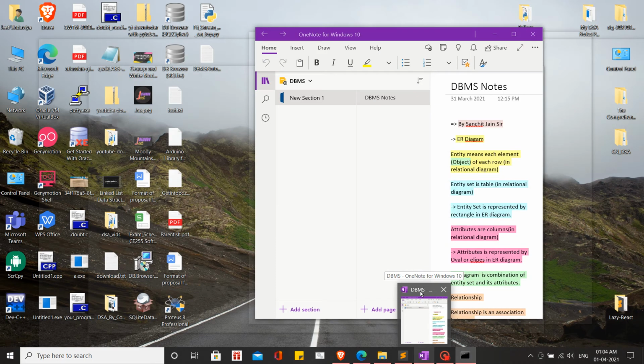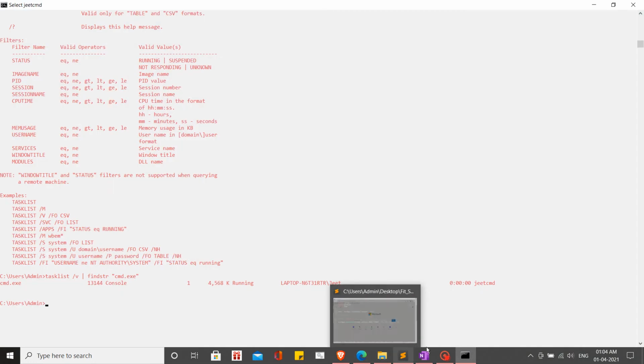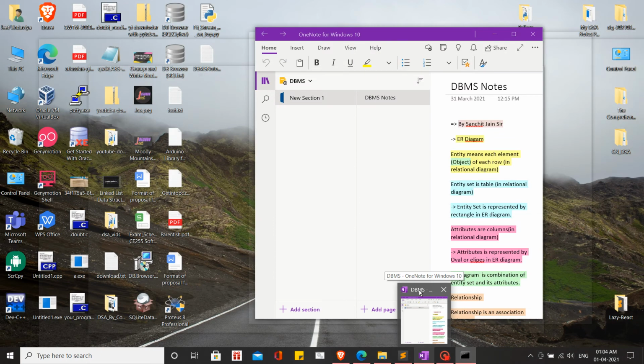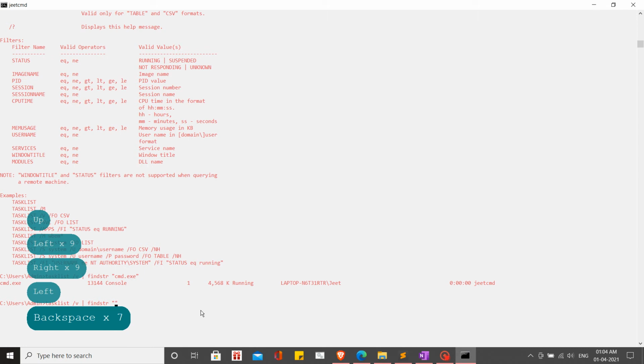One way to get it is to check this one. For now, if I hover over it, it says dbms slash OneNote for Windows 10. But you will be surprised, if I write it this way, it won't show me any results. dbms, and let's say for now I'm just typing star, there will be no result shown to me,